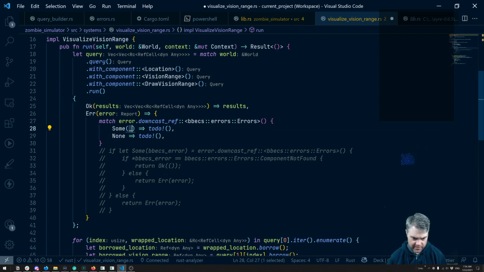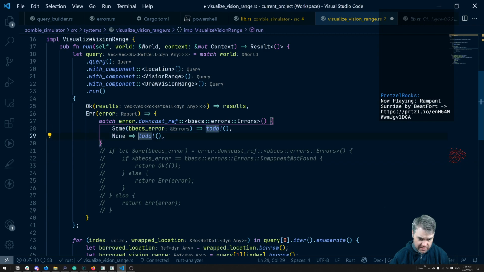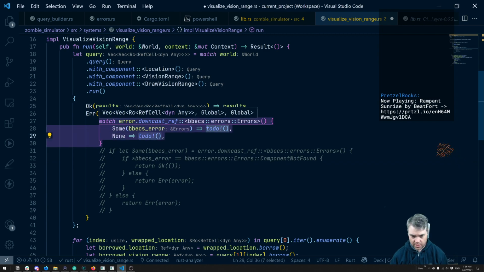So then we have Some, right? If it's something, then we get this BBECS error out of here, and we then want to do this at this location. If it's a None, we want to return